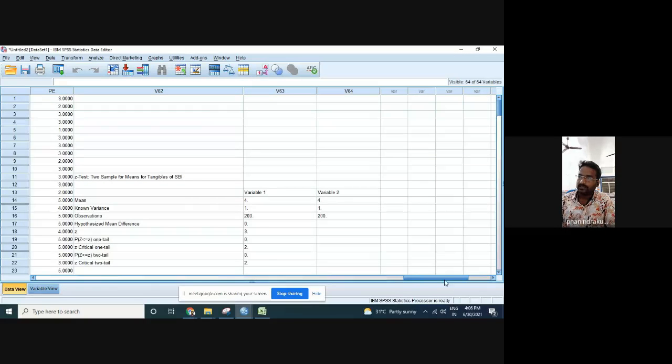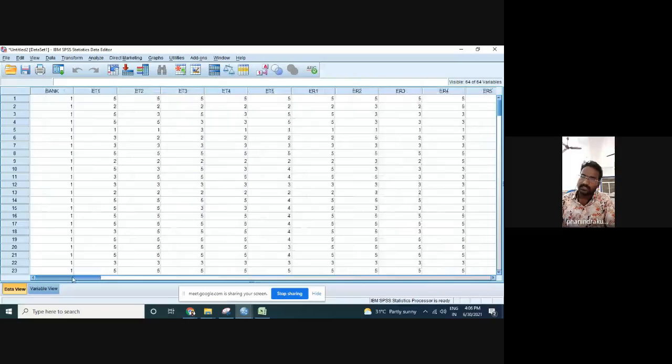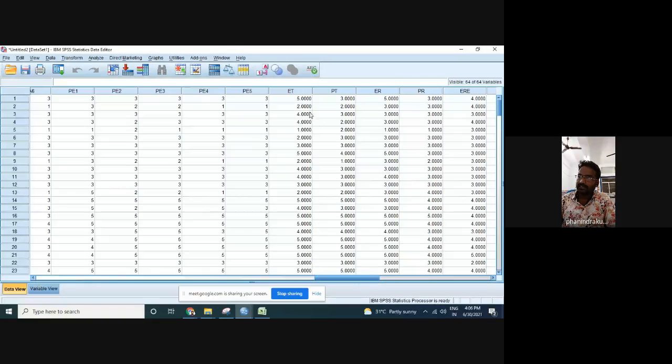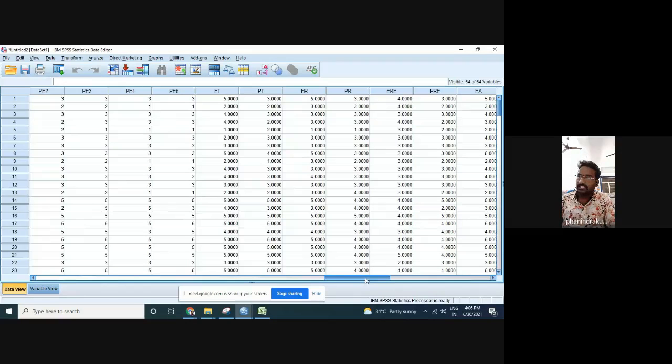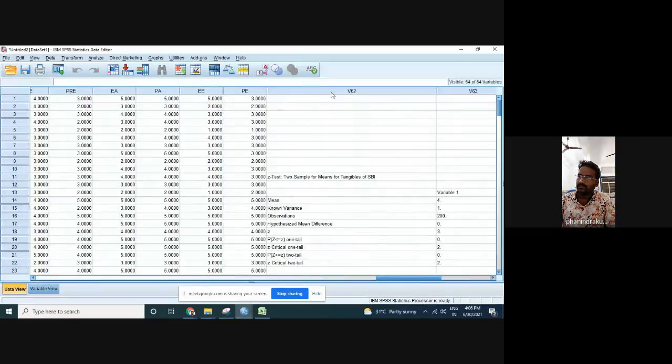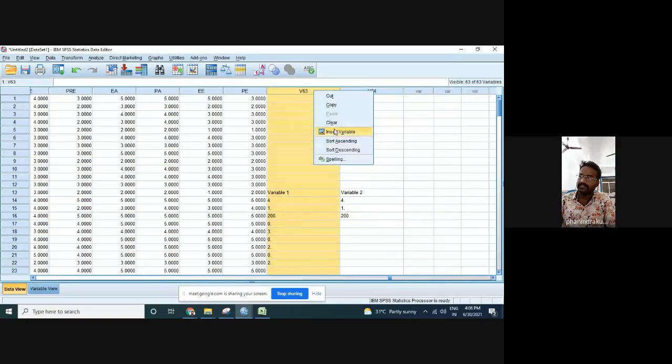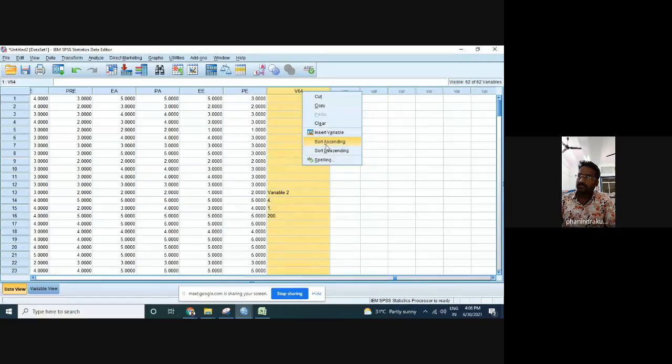Whatever things are there in the Excel sheet will also be copied here. If you want to remove these, because they are unnecessary data that has also been imported here, you can remove them by selecting the heading and clicking on the clear option.